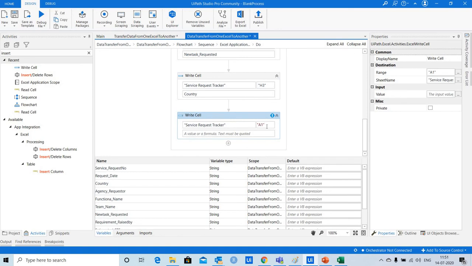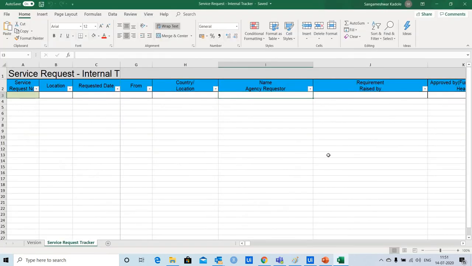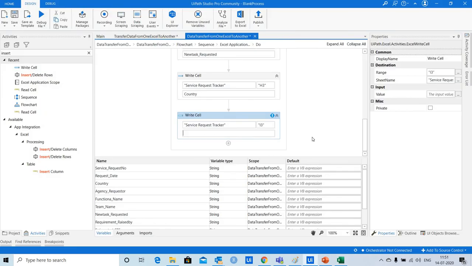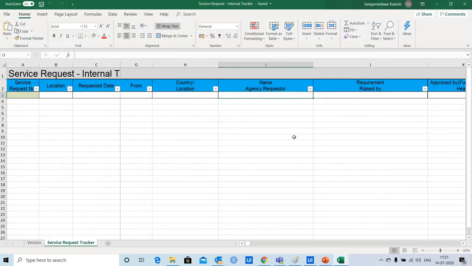So here I have to change that cell number as I3, and capture the output variable which has stored the data. So agency requester is the output variable which has stored this data already.